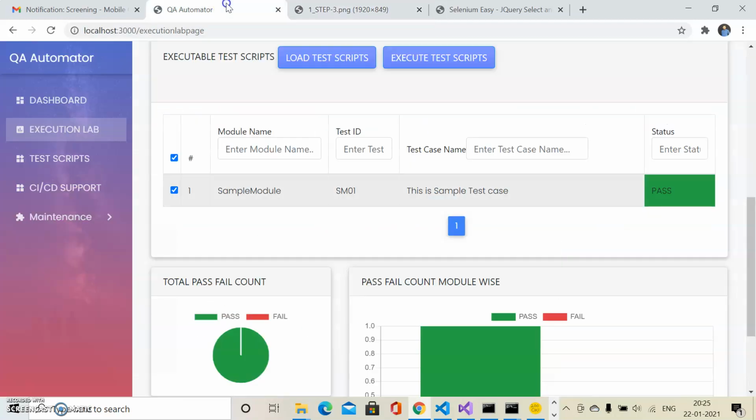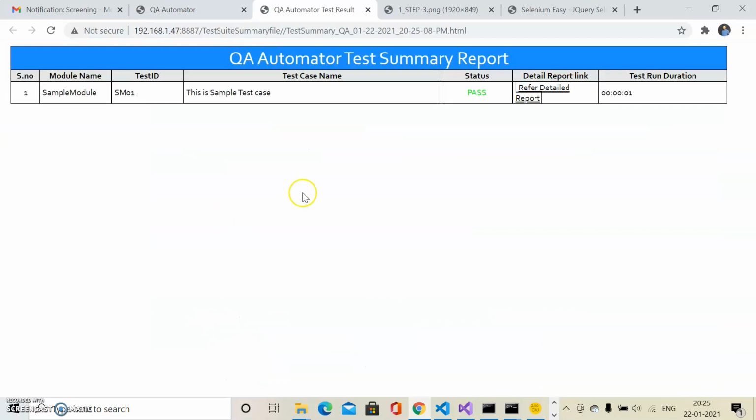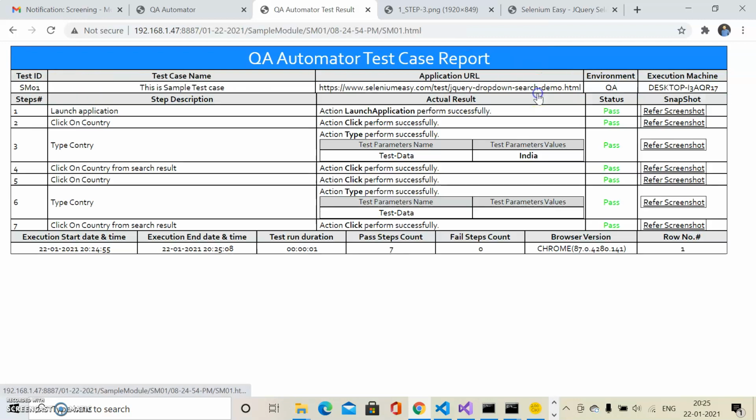And again, this total pass fail count will give you the test suite execution report. If you click on this link, it will show how many test scripts were executed. And once you click on the refer detailed links, it will navigate you to the same test script reports.